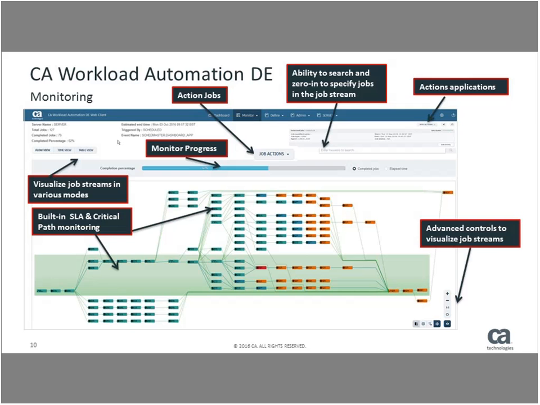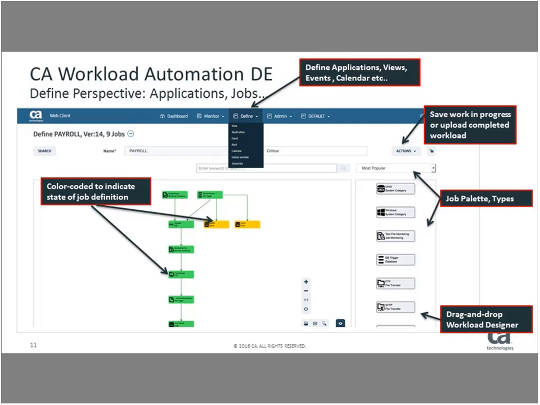So the define perspective allows you to essentially define applications, define the various artifacts available in DE. So you can define an application, add jobs into the application. You can define events, alerts, calendars, and other artifacts as well. So from here, you can define the applications that you want in your workload and then add job types